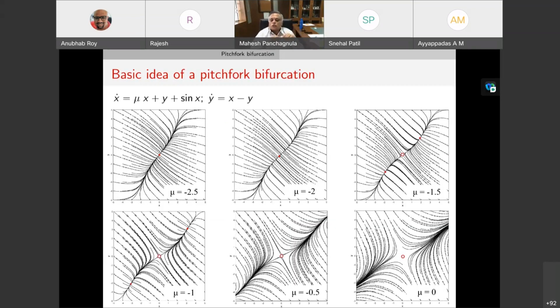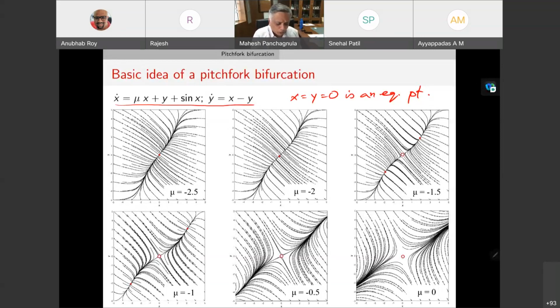Okay, so in order for us to make mathematical inroads into this world of chaos, you have to understand two concepts. Okay, what's called a pitchfork bifurcation and a limit cycle. So I'm going to briefly go over them. I'm going to take a very simple system that I've defined here. It's a 2 degree of freedom system. Mu is a parameter. Now, if you write down the set of equations, for all values of mu, x equal to y equal to 0 is an equilibrium point, as you'll see.